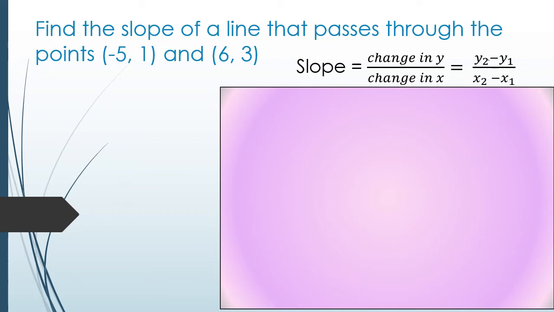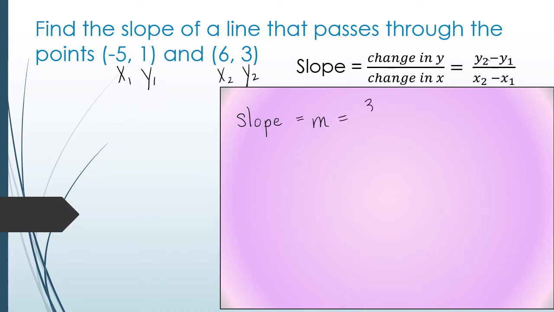Y2 just means the second y value, and y1 just means the first y value. So this is x1 and this is y1, the first x value and the first y value. This is x2 and this is y2, the second x value and the second y value. So the slope, which we also call lowercase m,